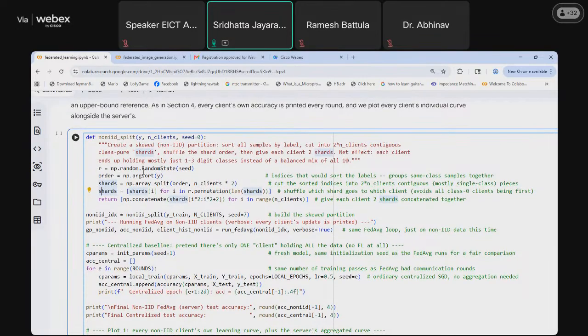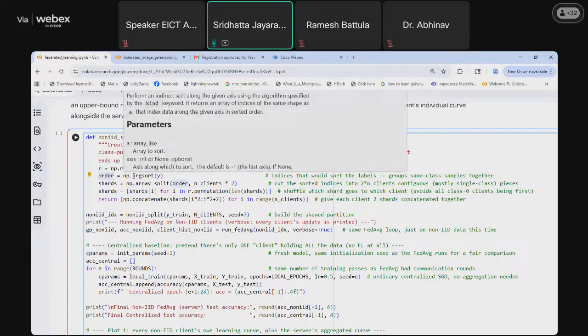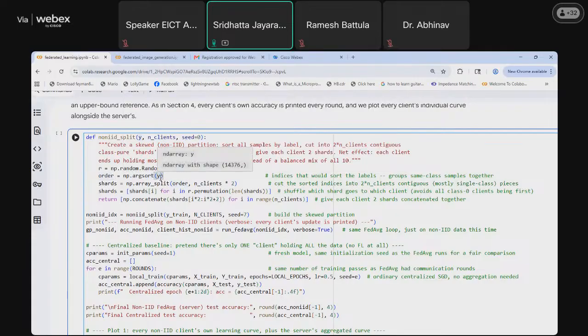This starts with a random implementation with a random state. Then we define the order as np.argsort, which sorts all the ground truth labels, and then shards of data are created based on the number of clients multiplied by 2, so that there are 2n contiguous pieces of data, and then these shards are assigned to each of the clients.